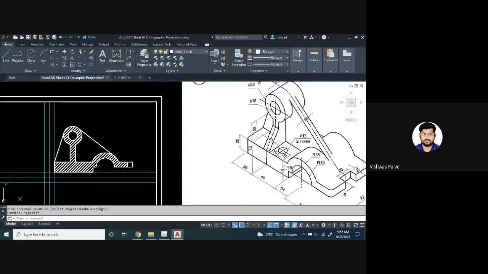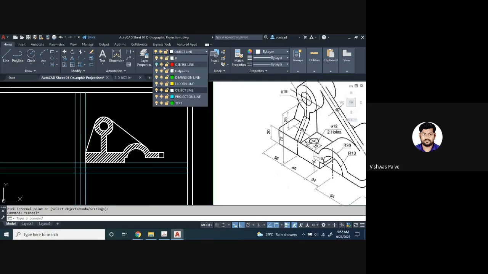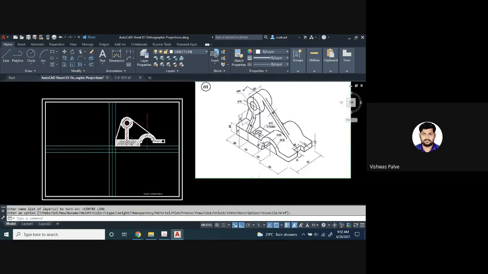Whenever there is a rib or web and we cut it parallel, we don't show hatching. But if we cut it in the transverse direction, then we have to show the hatching there. This is also a rib, but it has been cut in a transverse direction, so that's why we are showing hatching in this small rib portion. Whenever we are cutting it parallel to it, we don't show hatching. So that's why at these two regions we are not showing hatching, even if it is cutting the material. Are you getting it? Whenever there is a standard component, like a nut, bolt or rib, we don't have to show hatching. So this was my sectional front view.